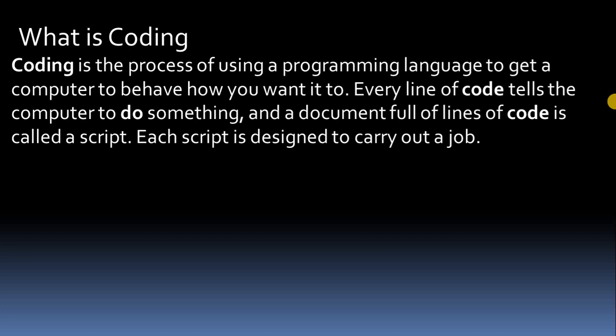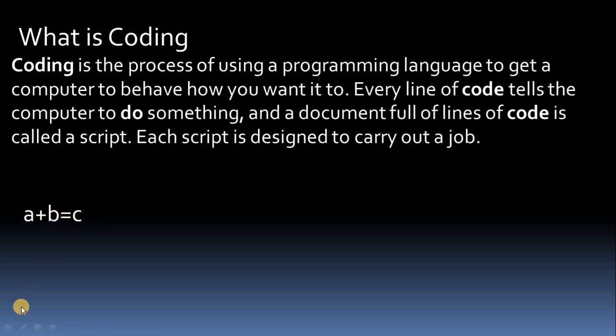So coding means first we select a programming language and then we write the code there. Code means a block of statements. We design the script, and whatever job or result we want, according to that we write the code. For example, we want a plus b equal to c, means we want to perform addition of two numbers. Then in programming way, we write a specific code like a plus b equal to c,